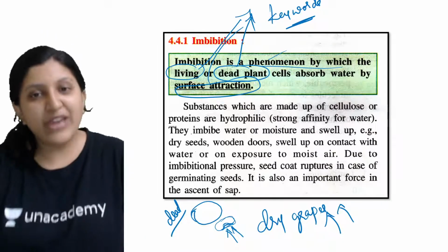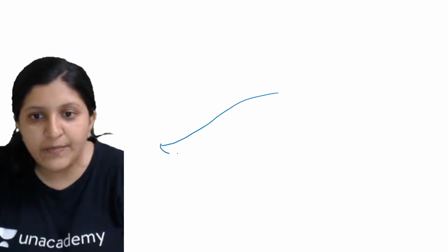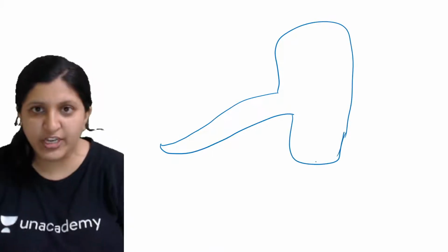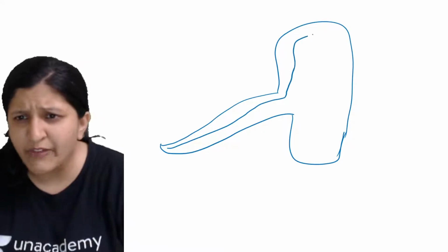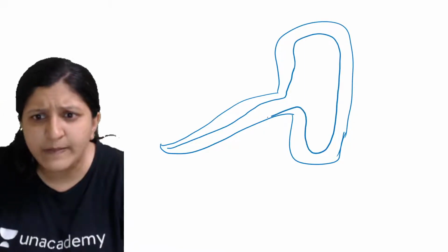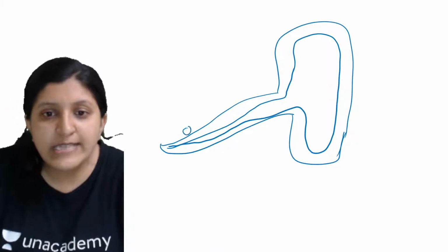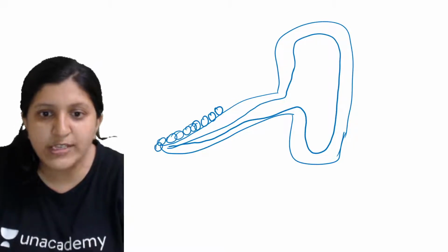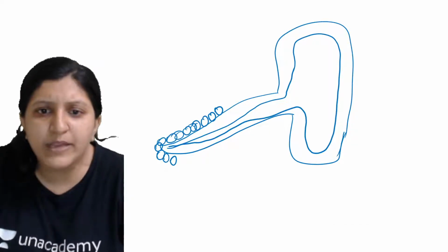Now, if we have to mention it with respect to a living cell, let's say this is a root hair, which is basically an epidermal cell extension itself. This is the epidermal cell wall, and you can see a cell membrane there. The water which is surrounding it will first get attached. There is a surface attraction that you can see. These are all water molecules, and along with that you can see associated minerals will also be there.